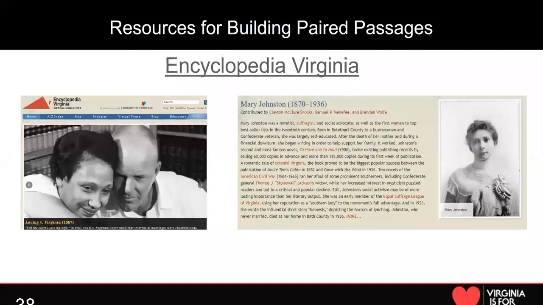And these passages can be adapted for your students. They're written on roughly a 6th grade level, but can be adapted and culled down and excerpted in a way that fits your needs for your class. Imagine being a student and all of a sudden seeing someone or reading about someone you had never heard of who's incredibly historically important and may have grown up just down the road from you. That can be a really powerful and engaging process and can really stimulate some awesome student work. So please check out encyclopediavirginia.org. Again, it's linked in this presentation, which you will receive a little bit later.